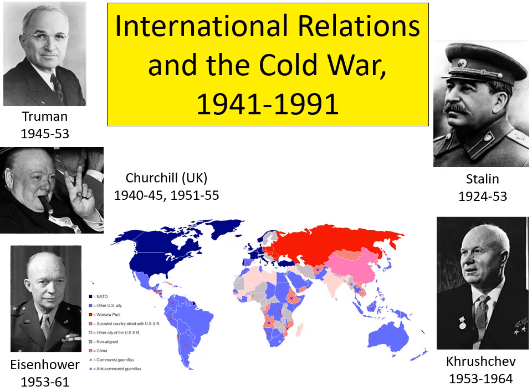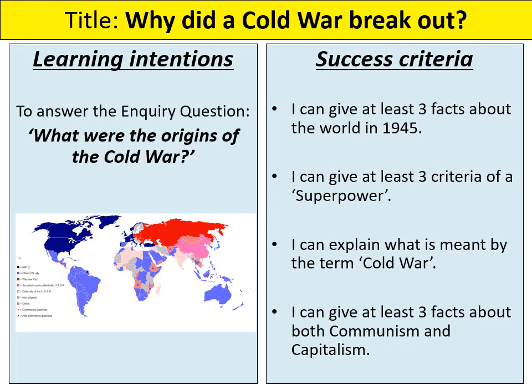with a few other exceptions. On the screen, we've got 5 different individuals. These are 5 key leaders that you need to know for topic 1, which runs from 1941 up to 1958. So on the left, you've got 2 presidents, Truman and Eisenhower. You've got the only British Prime Minister you need to know for our entire course, Winston Churchill. And then on the right, you've got the first 2 communist leaders for our course. You've got Joseph Stalin from 1924 to 1953, and then after him, Nikita Khrushchev from 1953 up to 1964.